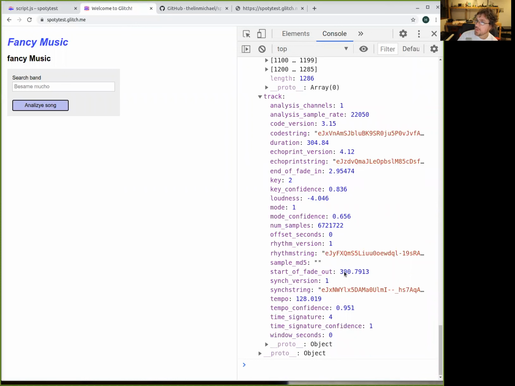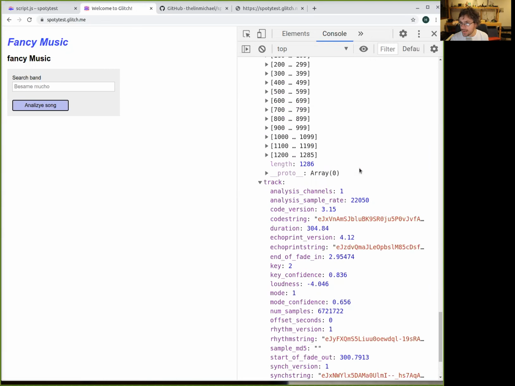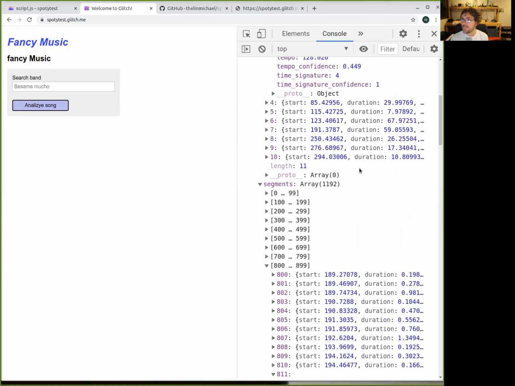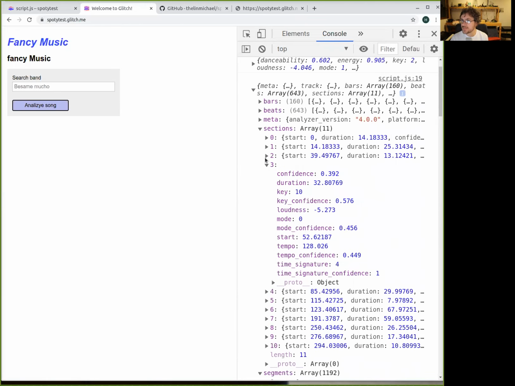For example, where is the fade out starting? If there is a fade out, this is important, when is the fading starting? 3 seconds for the starting. And the one that I want to also get is the preview URL. Do we have a preview URL for this particular piece?